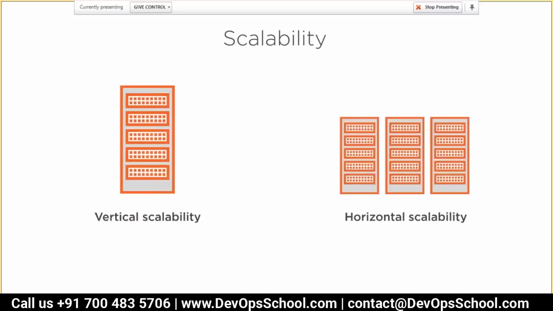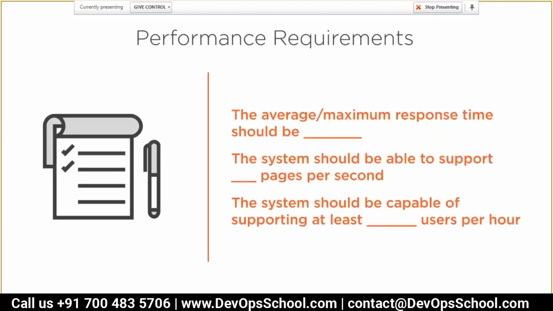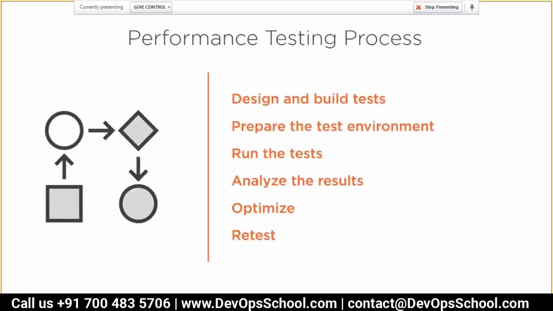It can be vertical scalability as well, and you can scale the application horizontally as well. Now, the overall performance requirement is very important, and it basically helps you define that the maximum response time should be this number, and the system should be able to support this number of pages per second. The system should be capable of supporting at least this number of users per hour. So basically these are the performance requirements that we have,